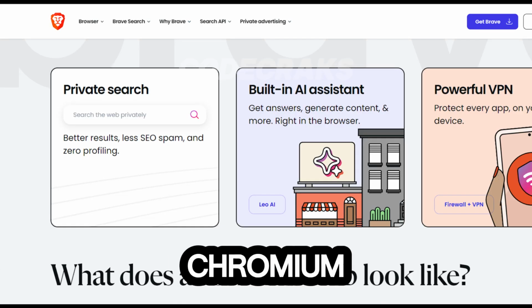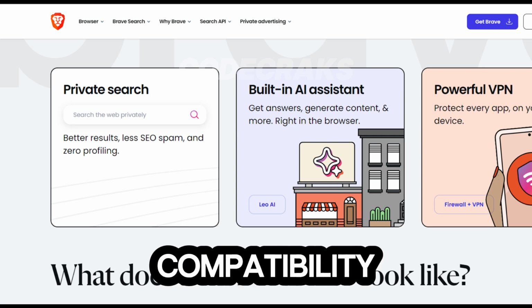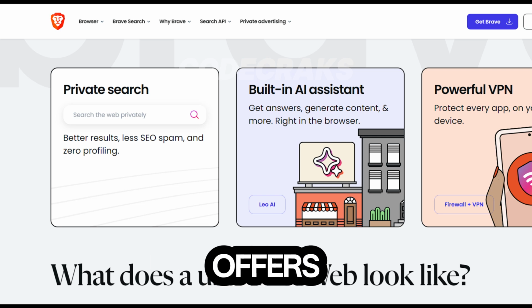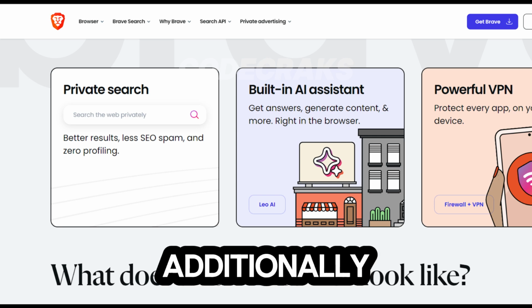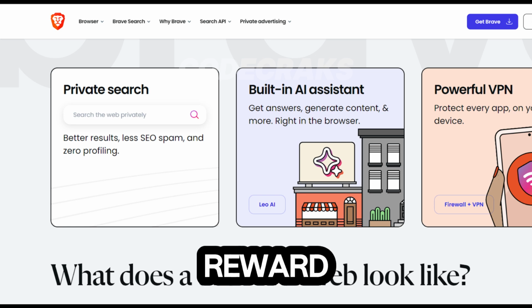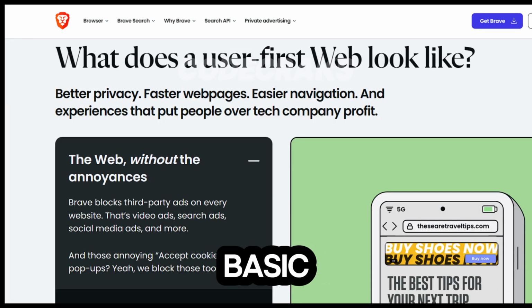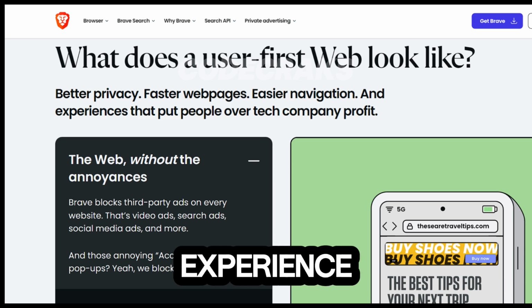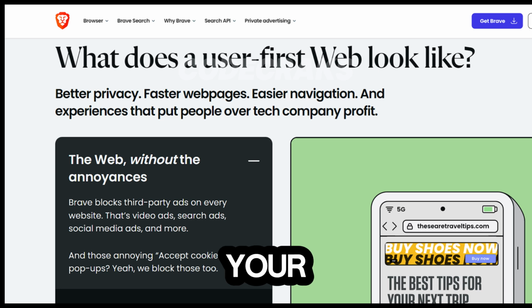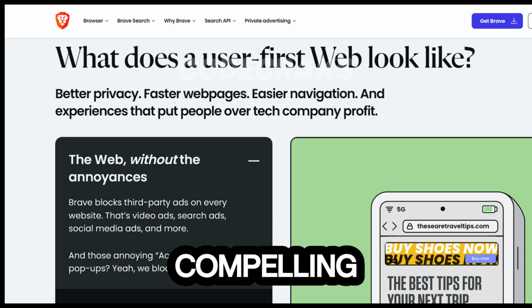By leveraging the Chromium engine, it ensures compatibility with a wide range of extensions and offers a familiar interface. Additionally, Brave introduces a novel reward system, where users can earn Basic Attention Tokens, BAT, for opting into privacy-respecting ads. Whether you're seeking a faster browsing experience or greater control over your online data, Brave offers a compelling solution for